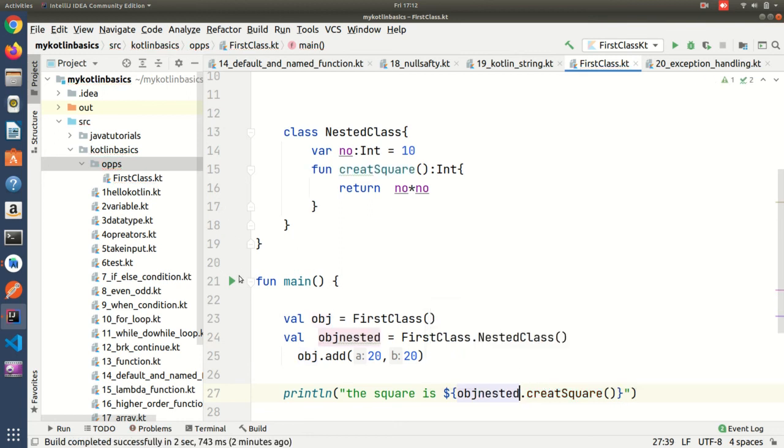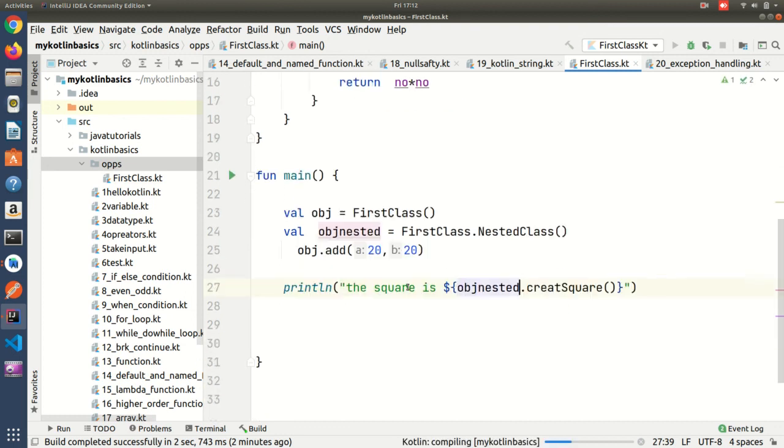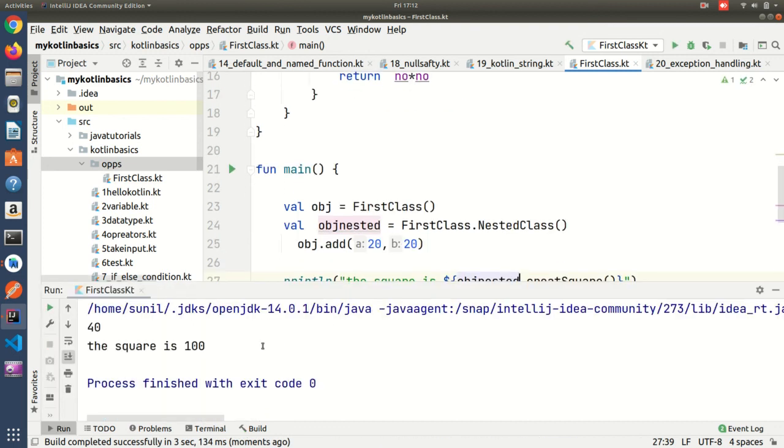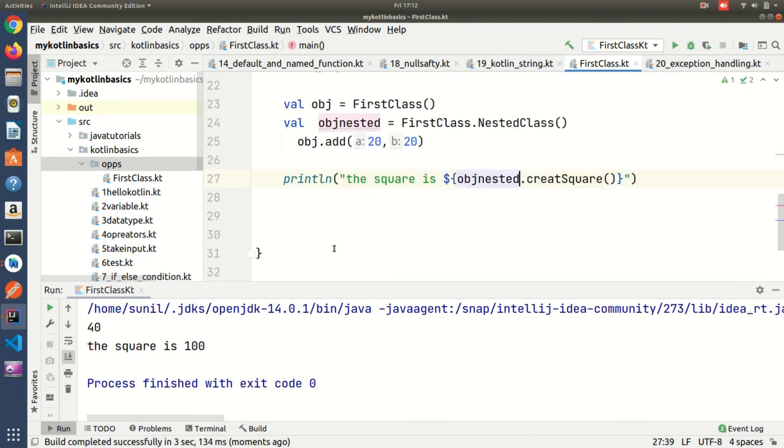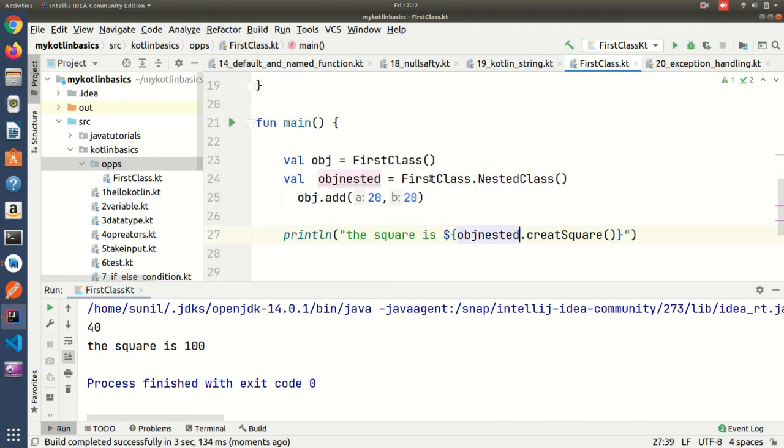Now if I print, it will give the output. See, the same output it has given. But if you are going to create a nested class object, first you need to use the first class, because the nested class is present inside the class, and second you need to use the nested class. Like that you can create the object.